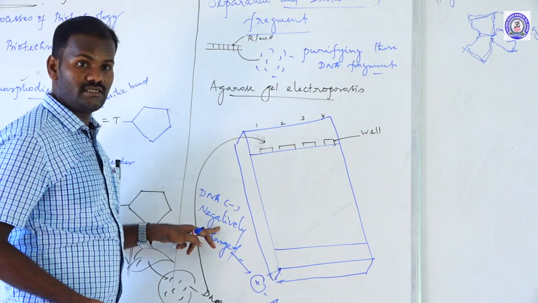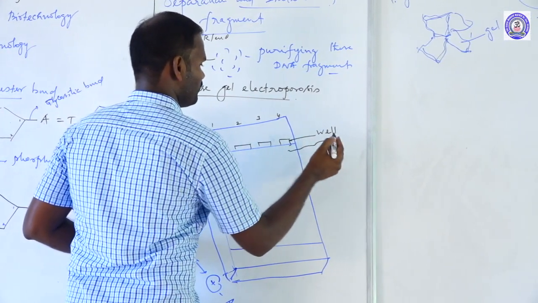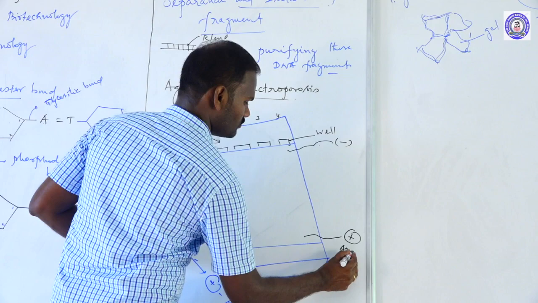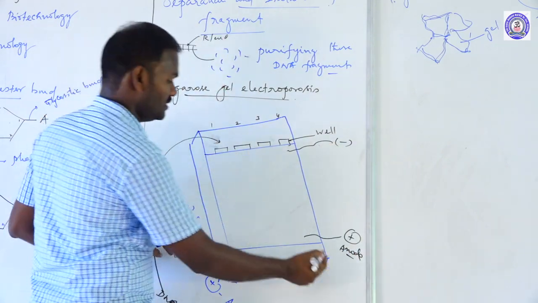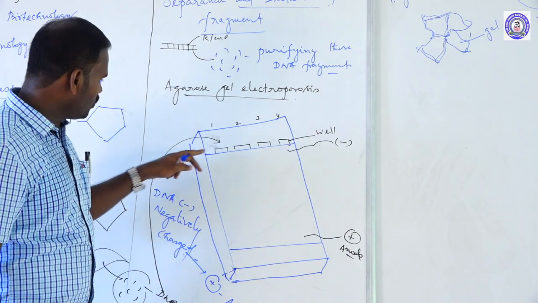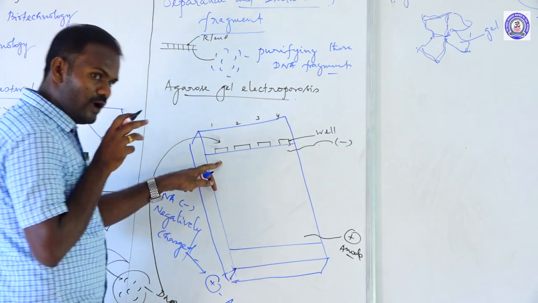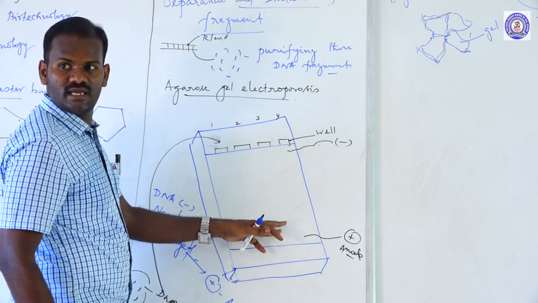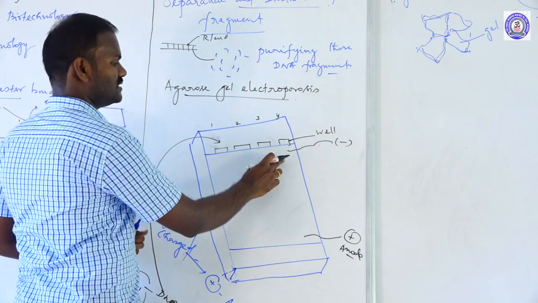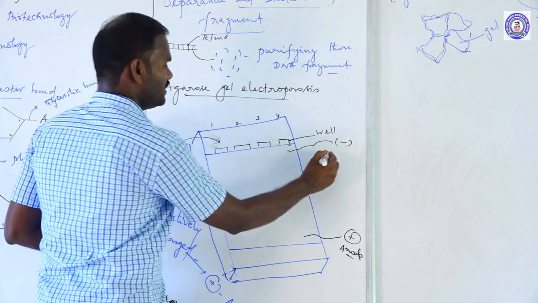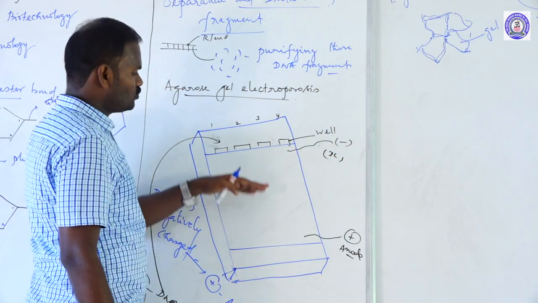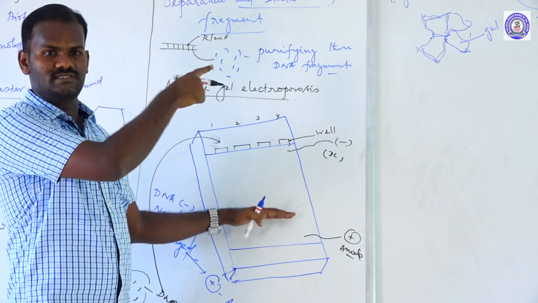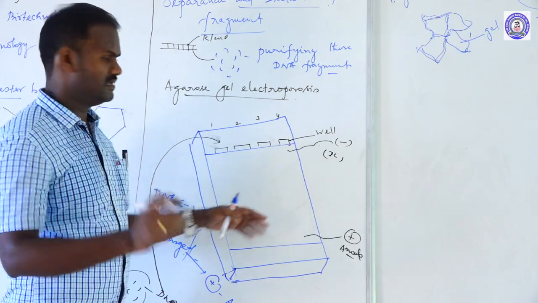Since the DNA is negatively charged, by applying an electric field, this is the negatively charged cathode and this is the positively charged anode. Cathode is negative, anode is positive. Because the DNA is negatively charged, we force it to move towards the positively charged anode by applying DC voltage through a matrix-containing medium. The medium is obtained from seaweeds; the gel is the medium.